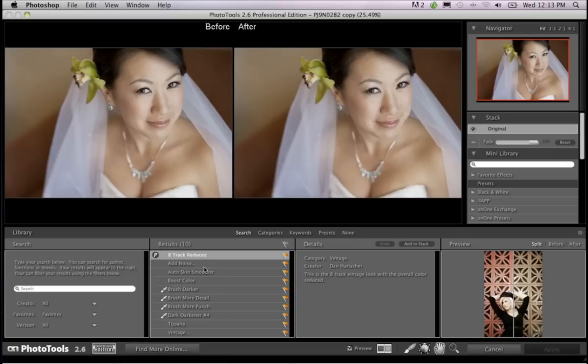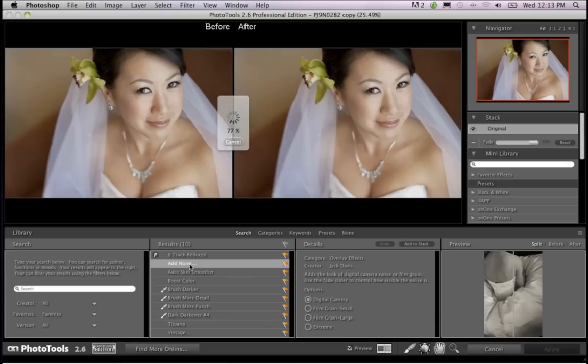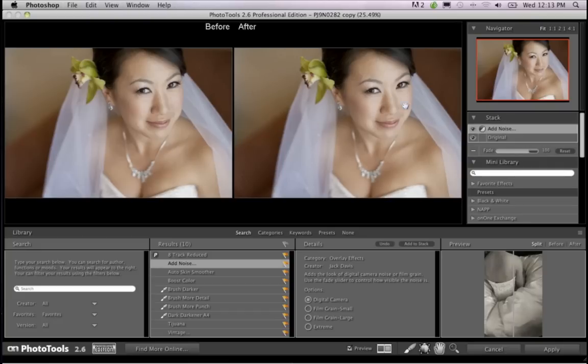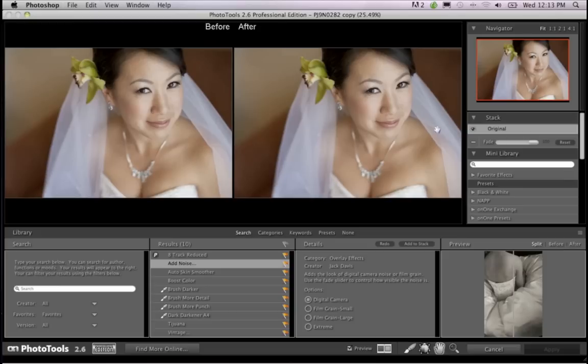I'm just going to click on one quick one here. If I wanted to add noise to it, all I do is double click that. You notice here in the window, it kind of counts that down for you. And if I don't like that, I can hit Command or Control Z, and then obviously that brings the effect back. One quick thing here, you'll notice when I add an effect, it's under what's called the stack. Right now you have your original. When I add the effects here on the left, you'll notice in a few seconds they're going to start